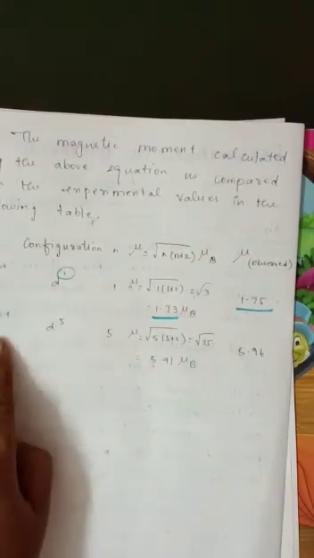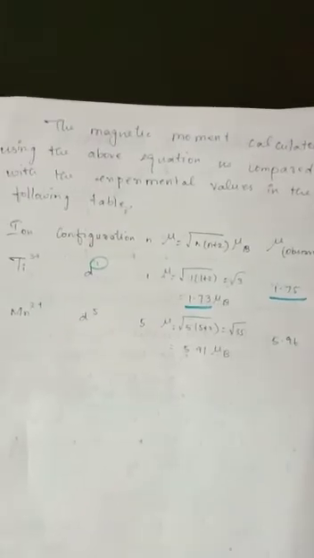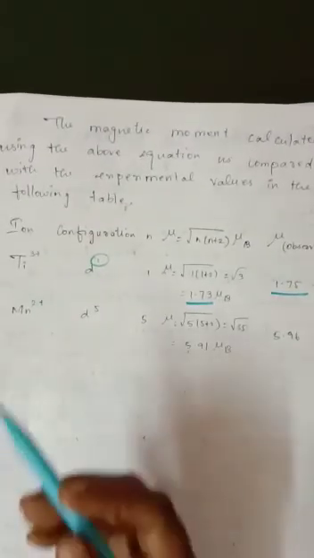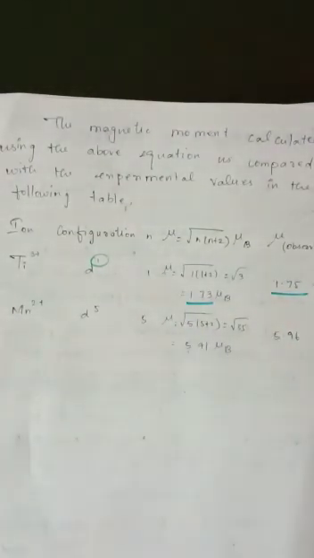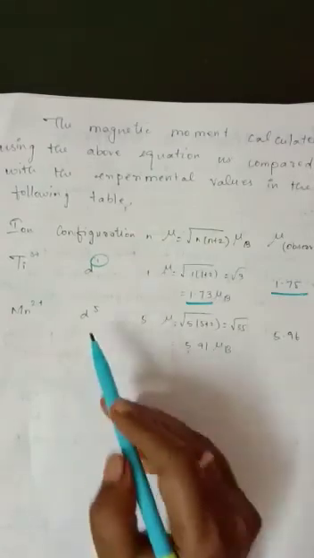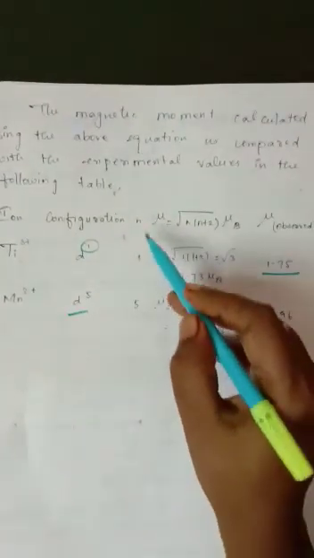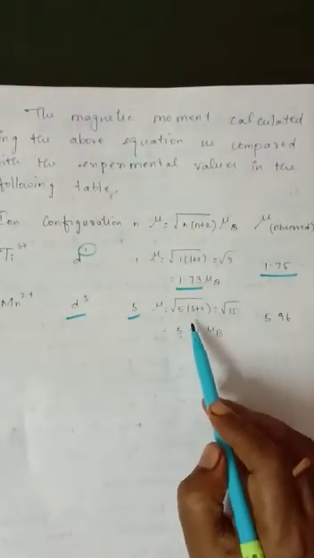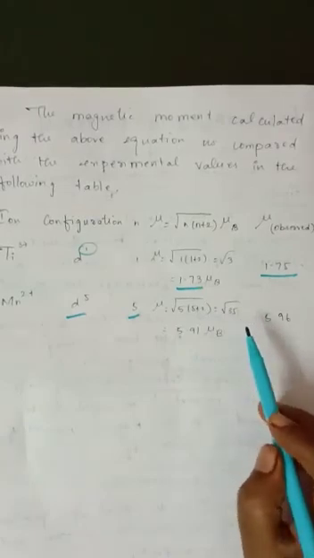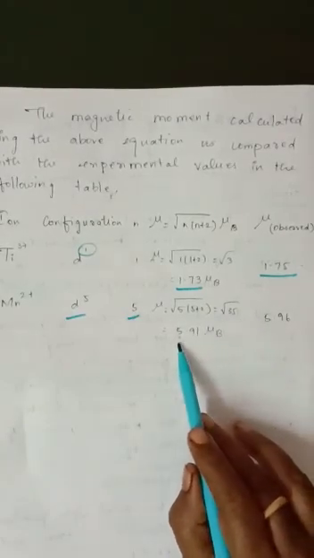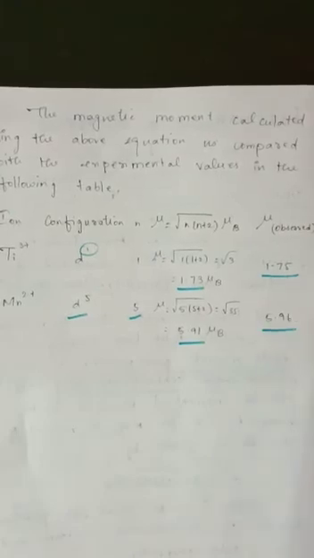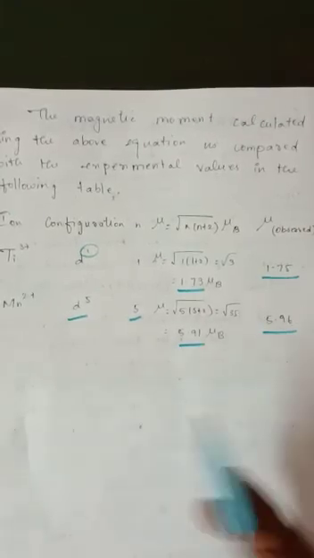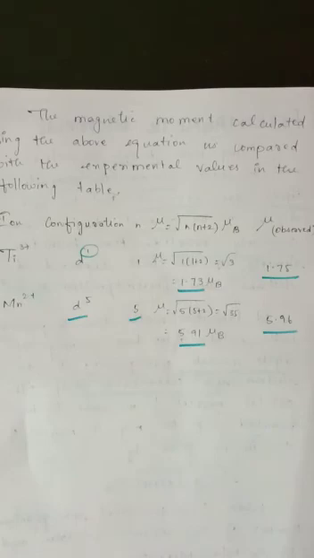Likewise Mn2+ has a d5 configuration. You already know the atomic number of manganese is 25. For d5, the number of unpaired electrons is 5. So we substitute mu = root of 5 times (5+2), which is root of 35, so 5.91 mu B. This is the calculated value, and there is also an observed value. More or less the observed and calculated values are similar. This is known as the magnetic properties of d block elements. Thank you students, we will see you next class.